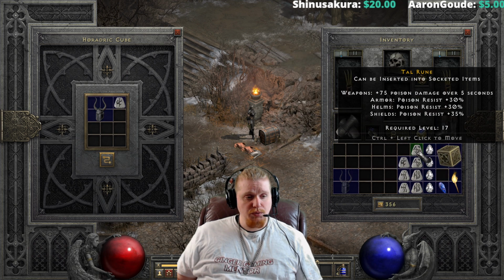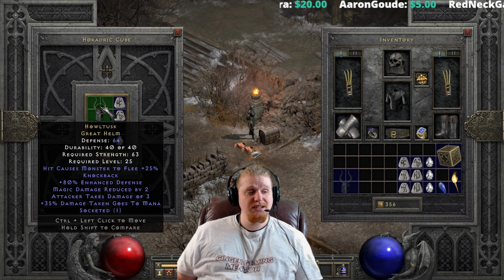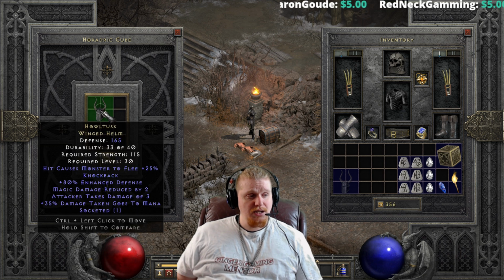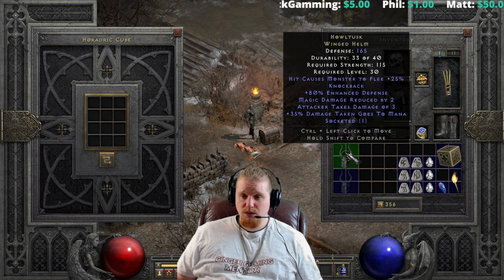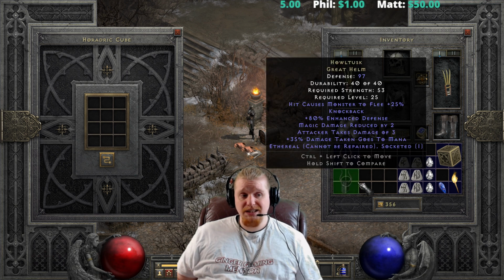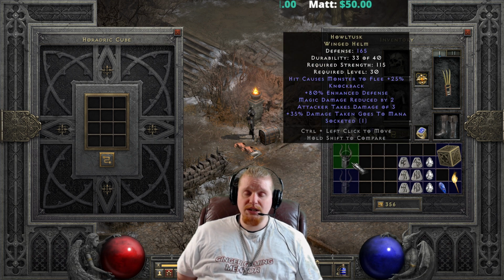So we're going to put our shale, our towel, and our perfect diamond in there. We're going to go from 64 defense, level 25 requirement, and 63 strength, to the Howltusk Winged Helm, 165 defense, 115 strength requirement, and level 30. That was actually not too bad of an upgrade. Quite a bump in strength there from 63 to 115. But the level requirement only went up by 5, which is very, very nice and could still potentially be very